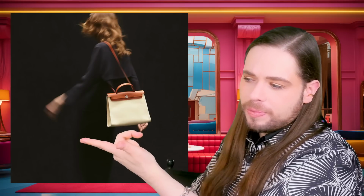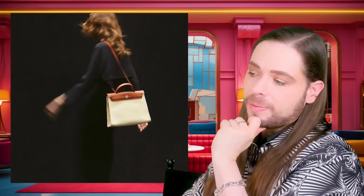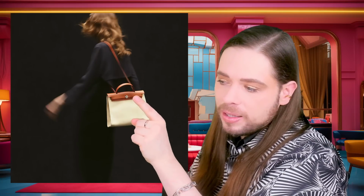You can pull out this metal stick rod that's in there, and you could swap the exterior. So you could use this leather for a different body and vice versa. It is an interesting bag. However, it is a little bit difficult to get in and out of because this little metal giblet here